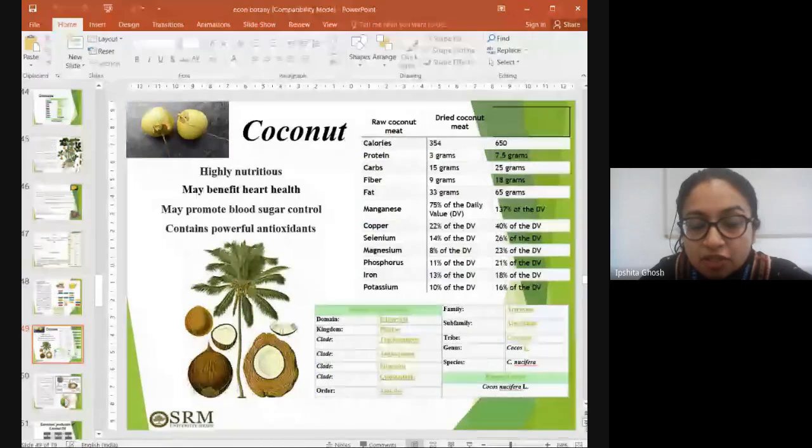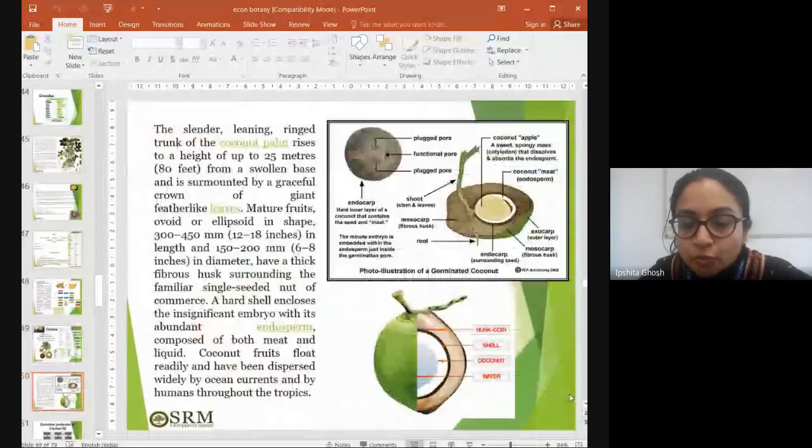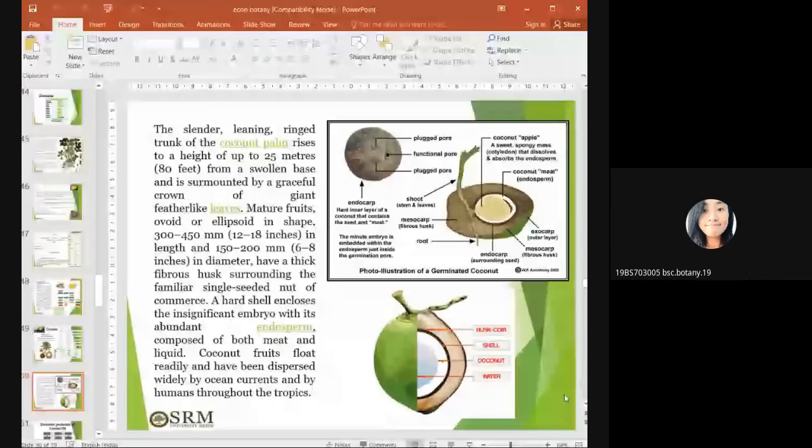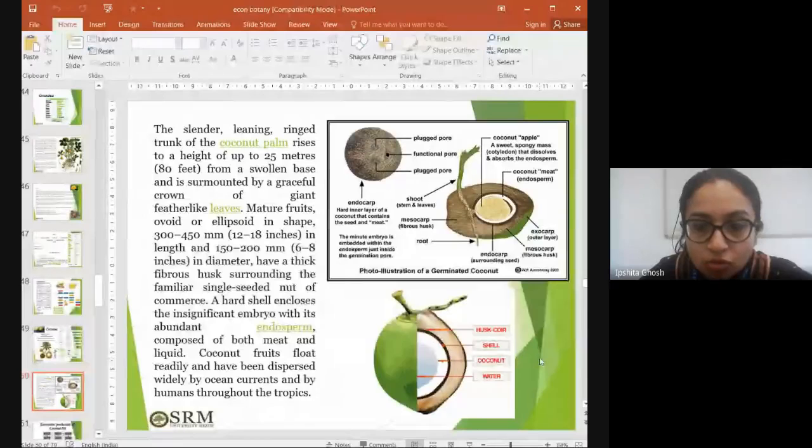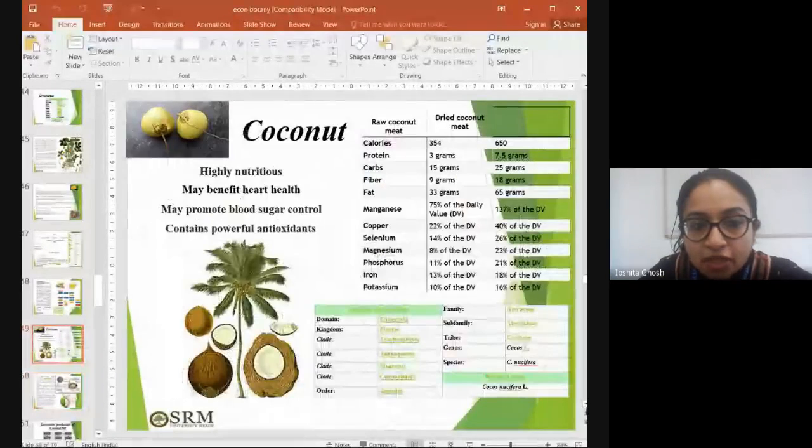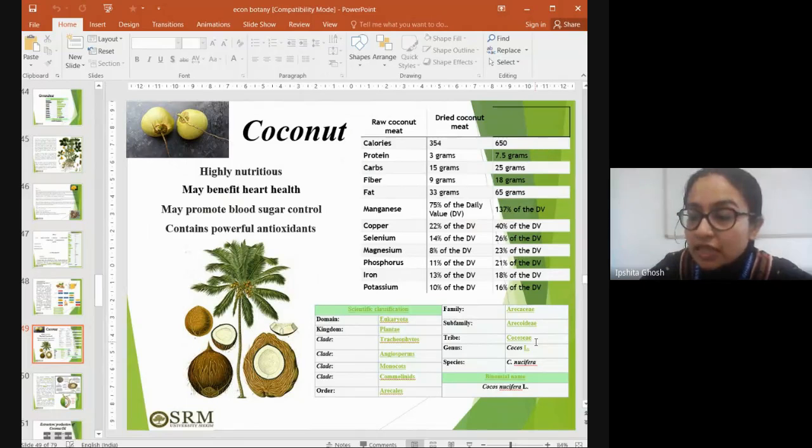Give me the scientific name of coconut, anyone of you. Cocos nucifera, yes, absolutely right. It's Cocos nucifera, and it belongs to the Arecaceae family. So just remember the name of the family as well as the scientific name. That would be sufficient from the systematic position. You need not know the whole hierarchy in the systematic position. Just knowing the family name and the scientific name should be enough for you.